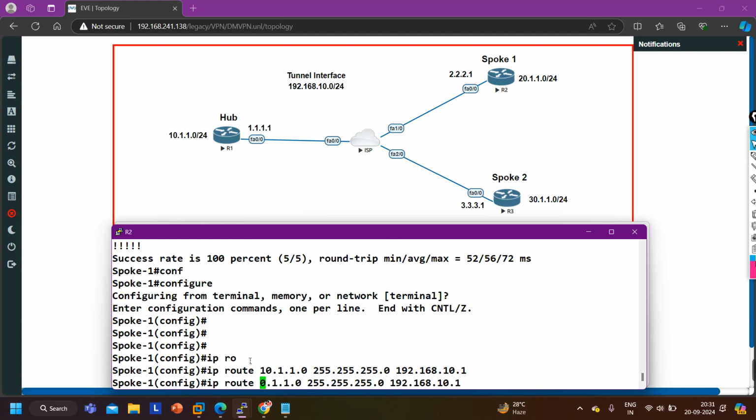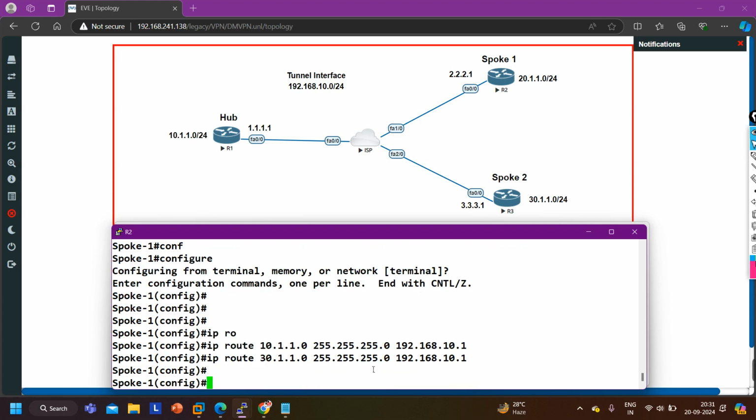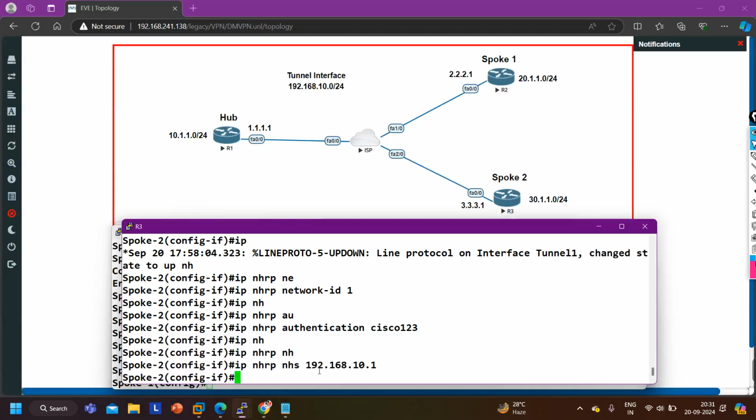And what will be the next hop for 30? .1 or .3? .1, right? Because guys, we don't have tunnel with this IP address with 10.3. So 10.1, spoke 1. Now on spoke 2,